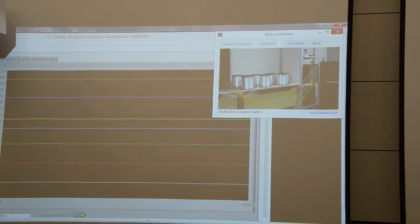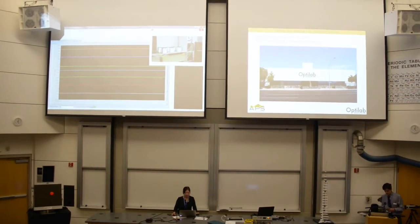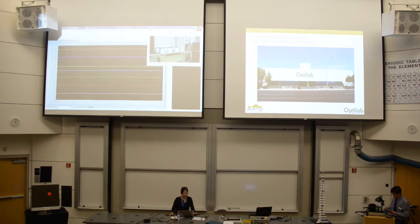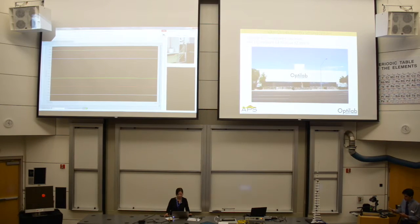Now if we enter the time domain section of our software and we look at the y-axis, we have our wavelength values. Each line represents an FBG sensor. As you can see, as Victoria toggles through the different channels, all FBGs within each channel are displayed at their proper wavelengths. So if we go back to channel 1,